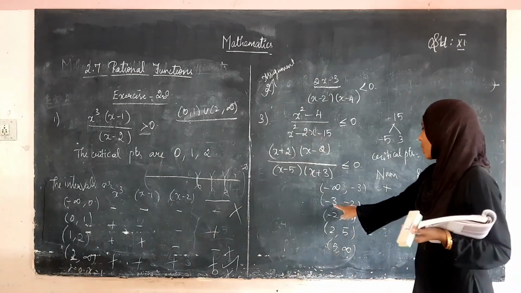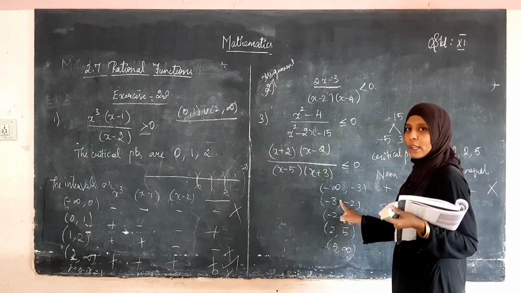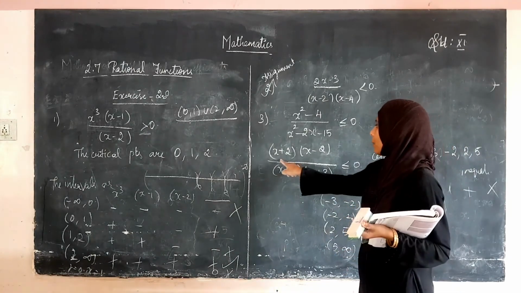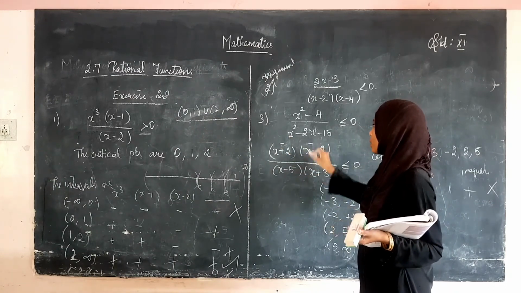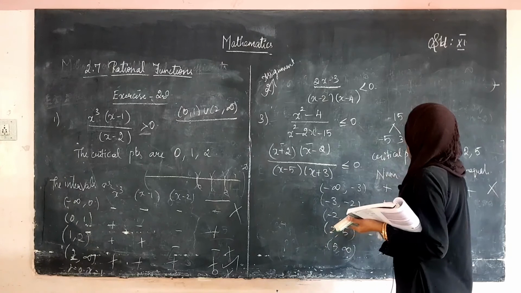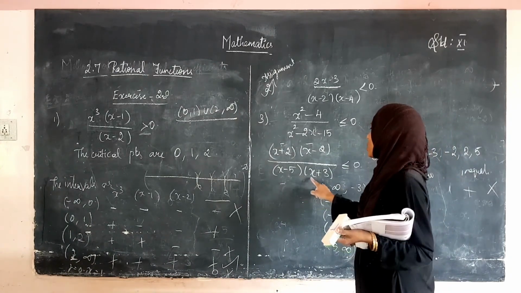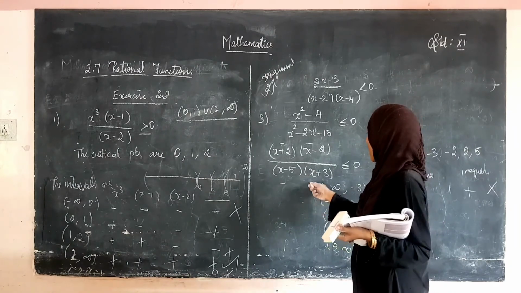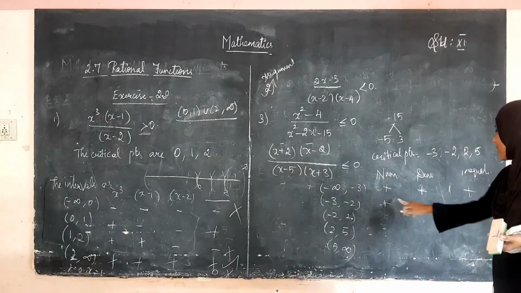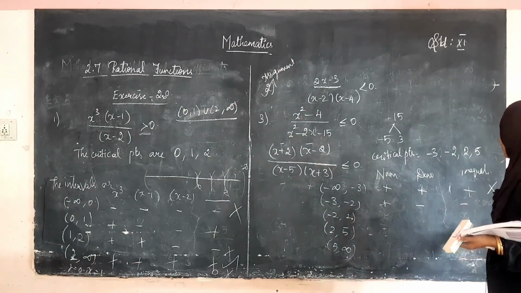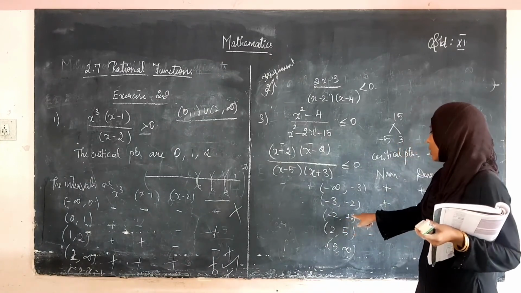And then minus 3 comma minus 2. Shall we take minus 2.5? Minus 2.5 plus 5, here it is plus. Minus 2.5 minus 2, here it is minus. And here minus 2.5 minus 5 is minus. So, plus minus 2.5 is plus. So, here we get plus into minus, minus. So, plus divided by minus it becomes negative. So, this holds. Okay.